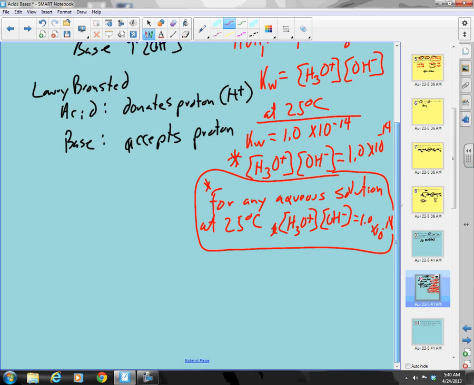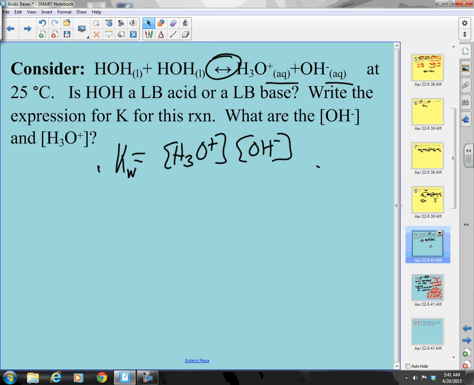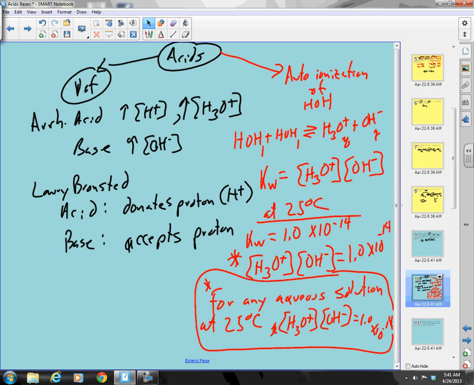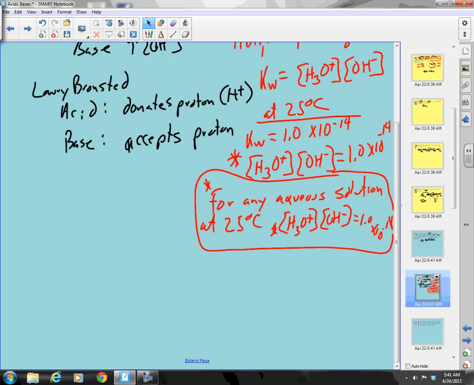Now, last question on this. I better put my pen down. Write the expression, we've done that. What are the hydroxide and hydronium concentrations? Let's go back to our notes. If you know a little bit about equilibrium, which you do, but not enough, there's a way for me to figure out what each of these are at 1 times 10 to the minus 14th. And what we find out is that at 25C, for pure water,